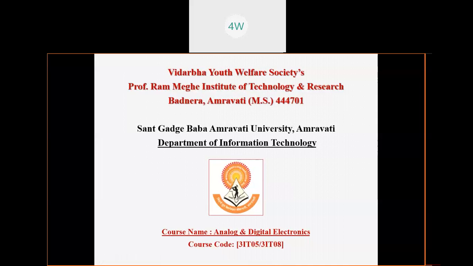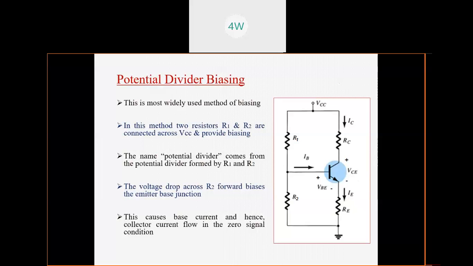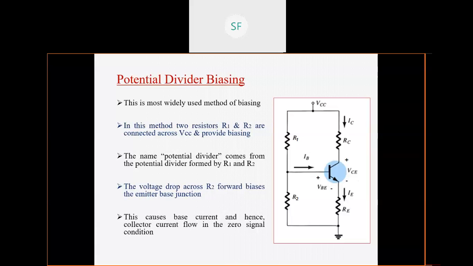So in the last lecture, we have seen the potential divider biasing. We have just been introduced to this concept. Last lecture, we saw what biasing is and the types of biasing, and we stated that out of all four biasing styles, this is particularly important, and it is discussed in your syllabus also. So we will start today's discussion now.